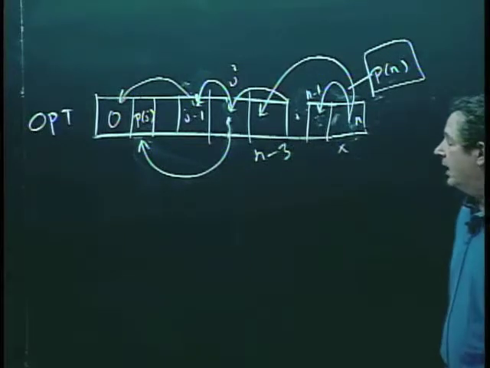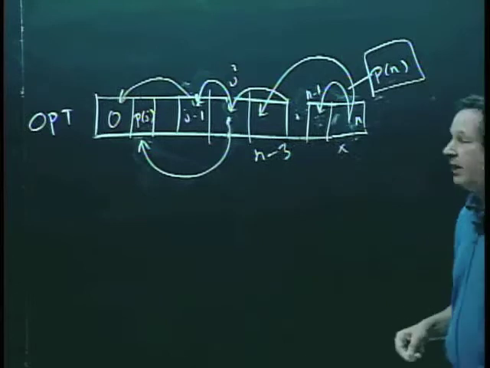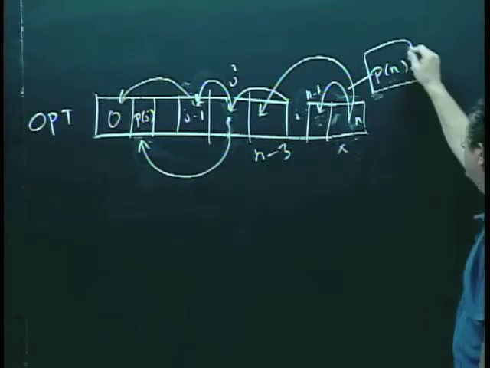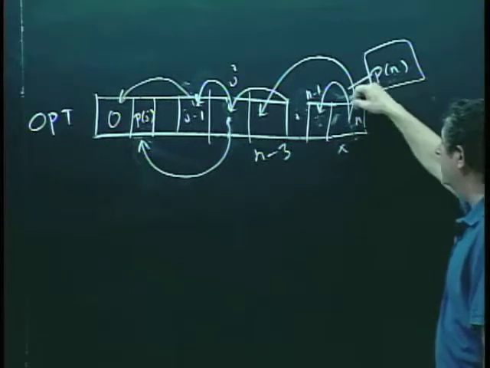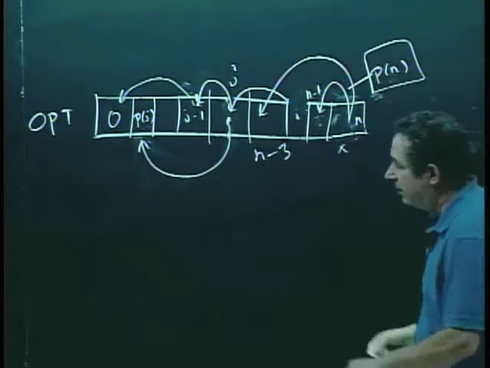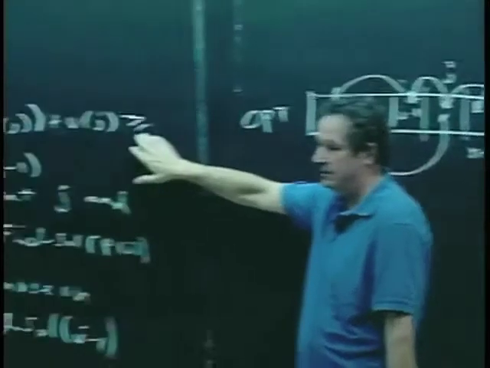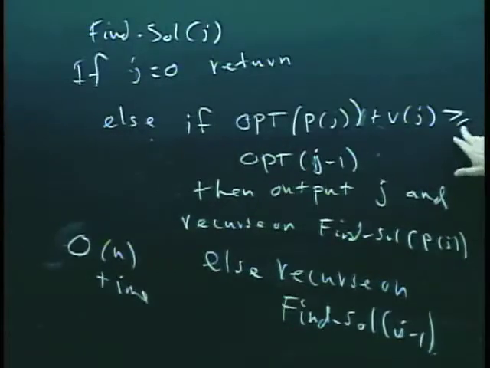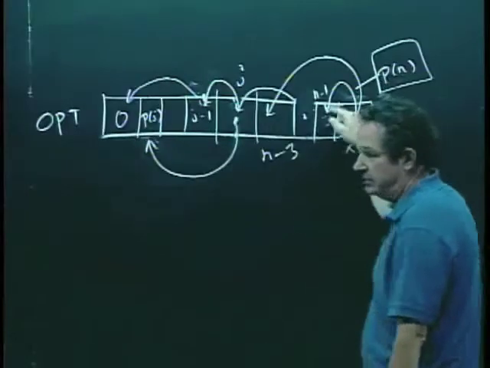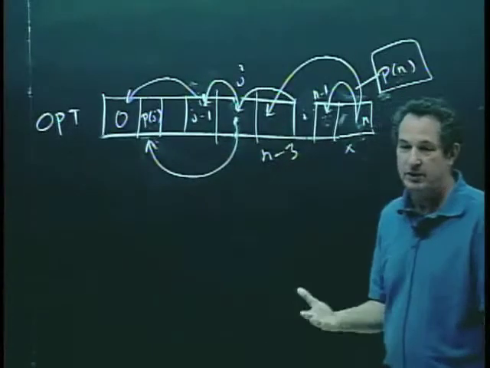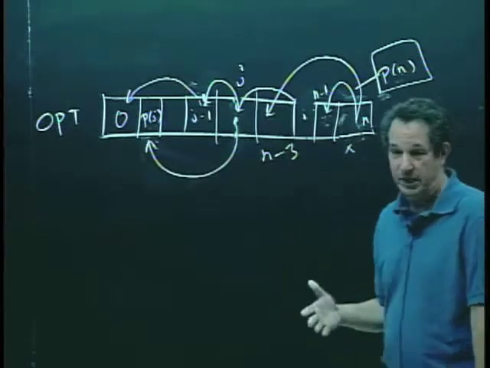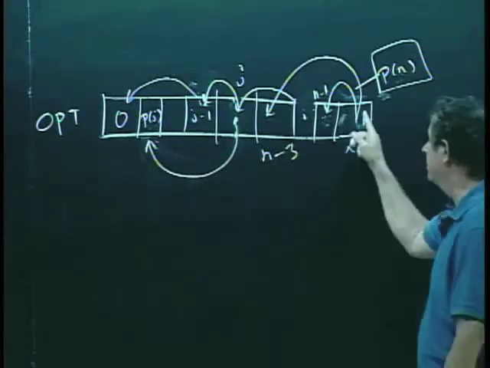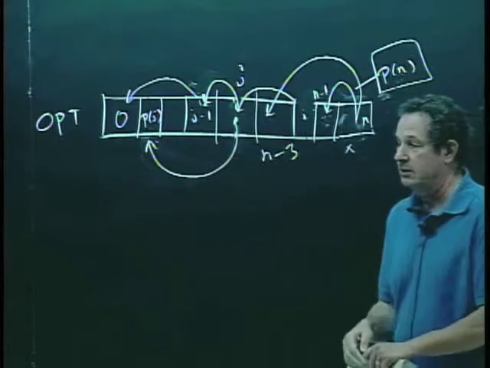Okay. Getting back to an earlier comment, that I don't need this p of n. I don't need to mark which one of these. I don't need this additional marking because the way I set this up here with the possibility of equal means that you're only going to point to your neighbor if your neighbor is strictly better than the p of j case. So if you point to your neighbor, it's because